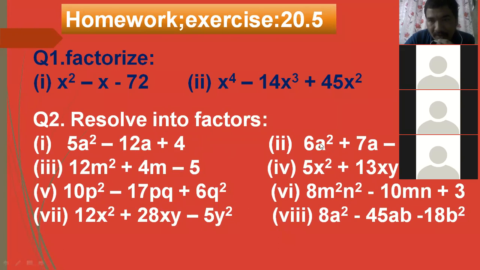Okay. In question number 2, what is there? 6 fives are 30, but there is a minus, so minus 30. Then we will get 7 by subtracting. How to get 7? 12 minus 5 will be 7. And 12 into minus 5 is minus 60. But here it is 30. Is that correct?